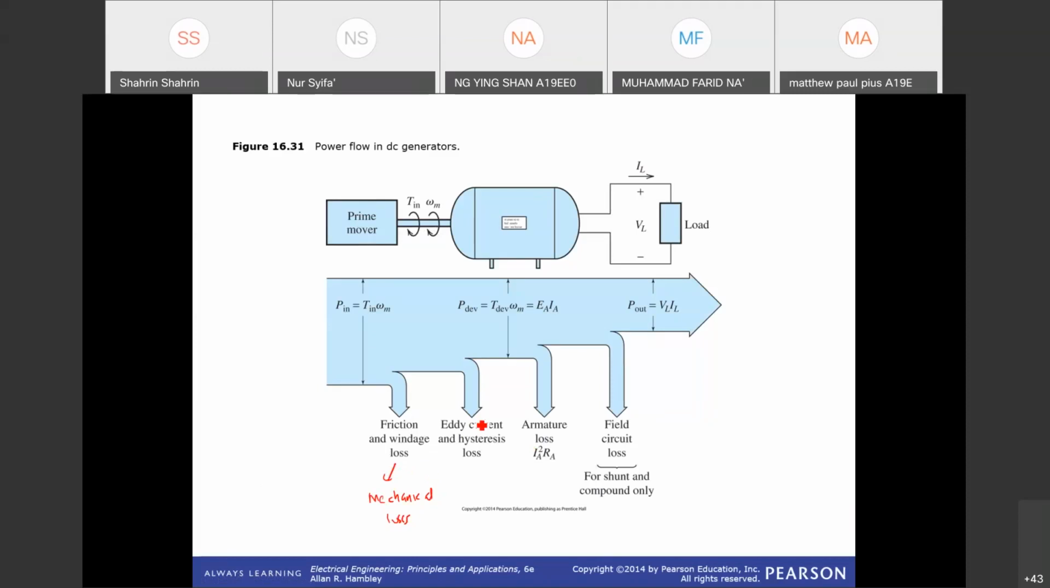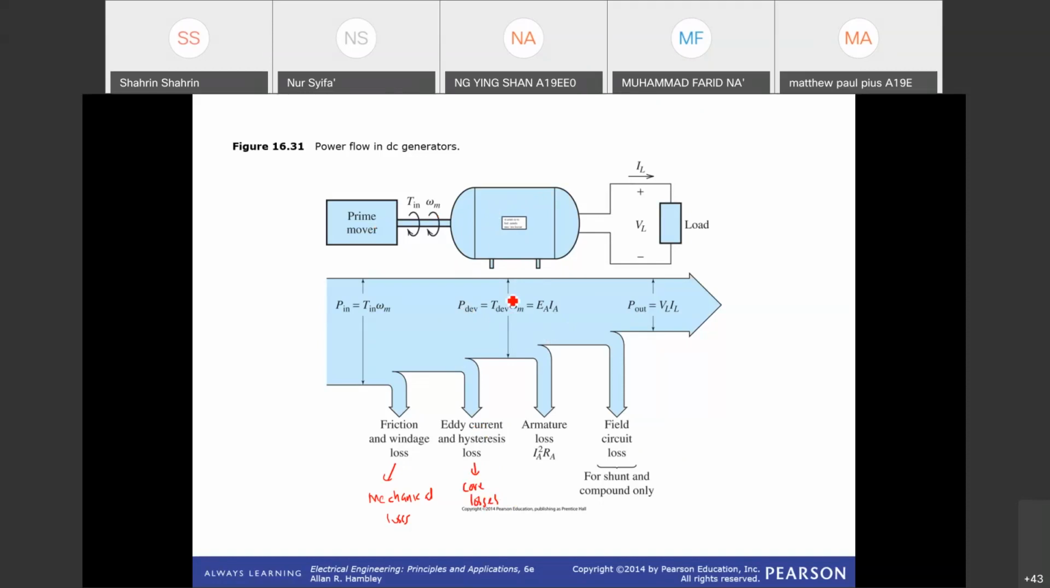And we have also eddy current and hysteresis losses. So this one we call electrical core losses. And then after that, we can calculate the power developed by the motor due to the rotation of